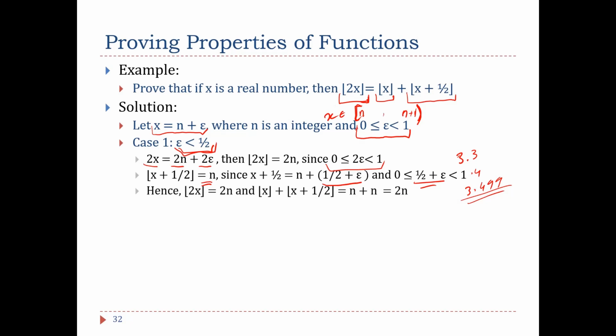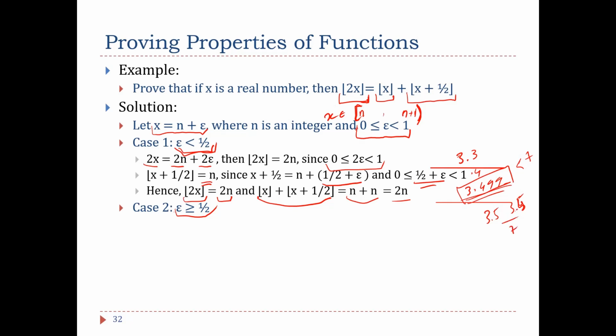So in this case, the floor of 2x is equal to 2n, and the floor of x plus the floor of x plus half is equal to n plus n, which is equal to 2n. So they are equal. Okay. The other case is when epsilon is greater than or equal to half. So clearly, when you have like 3.5 and 3.5, yeah, I'm sorry. What I wanted to say here is that your number would be strictly less than 7, guys. So if you have 3.5, 3.5, well, you end up having 7, and it cannot